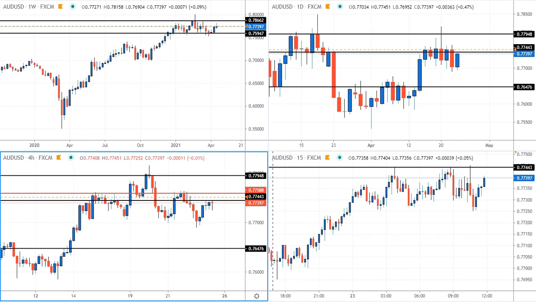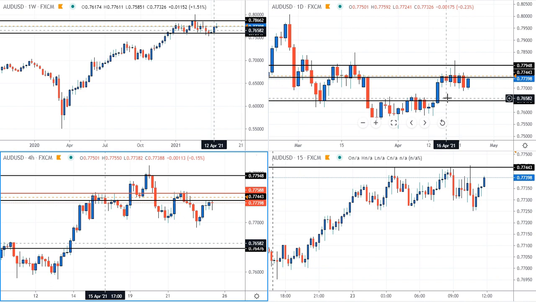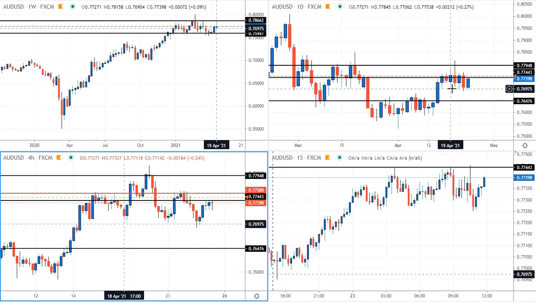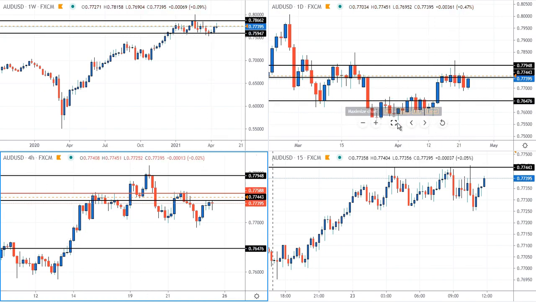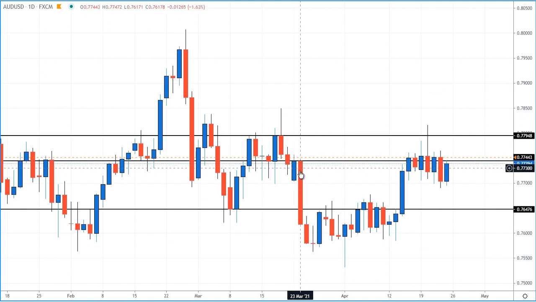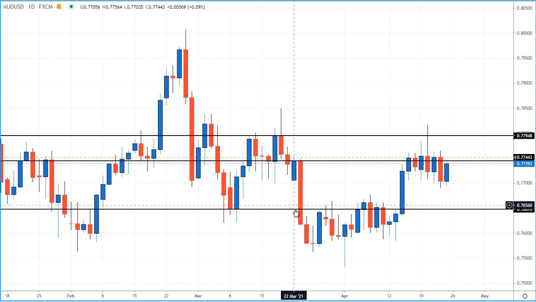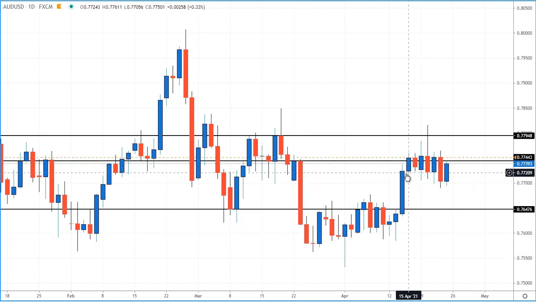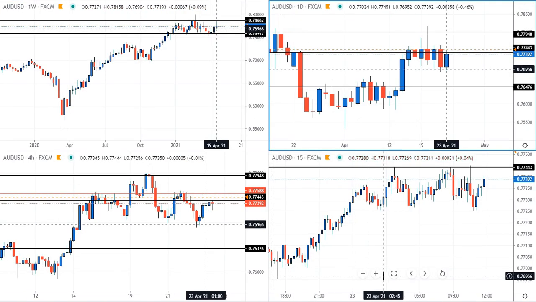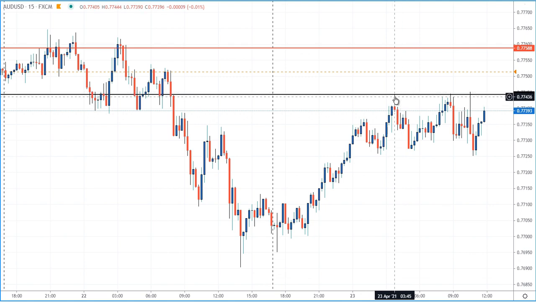Okay, folks, here's a rundown of some trades that set up on Friday, April the 23rd, 2021. Same stuff, we're using higher time frame levels to structure our trades around. On the Aussie US dollar pair, we had this level right here, a really strong level just because of how hard price dropped after that. Lower highs, lower lows, swing break, everything. This is a strong level, and it's actually held pretty well in here. And so today, as price opened and rallied up to it, it's a sell up at that level,